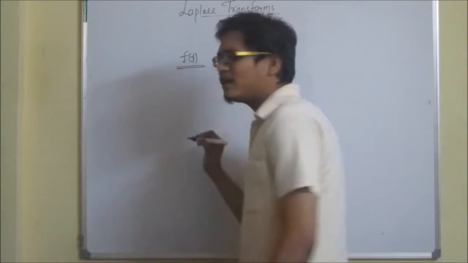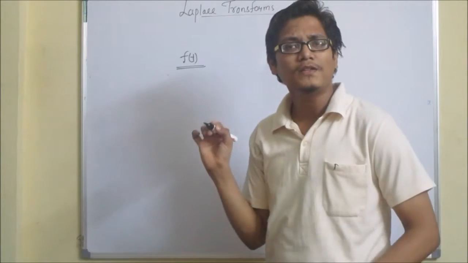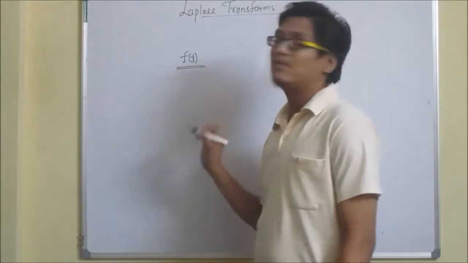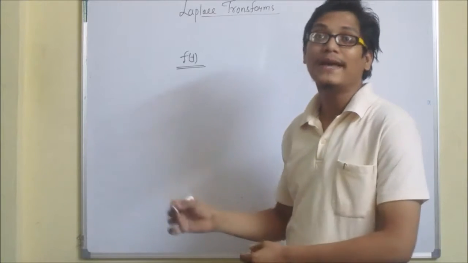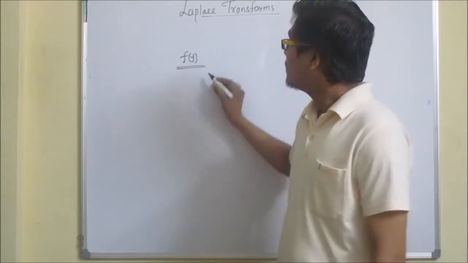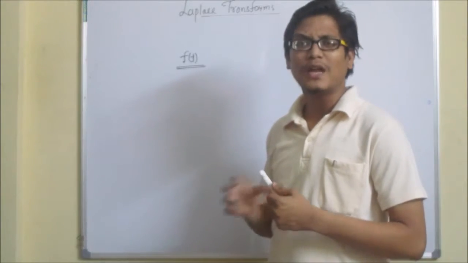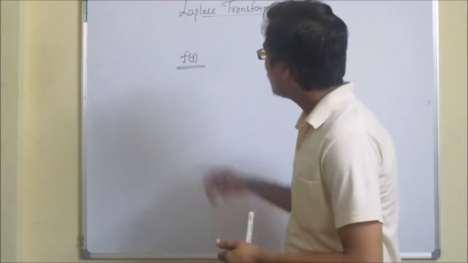Here, f of t, what does it mean? It means the function is dependent on t for its values. That is, it is dependent on time. We denote time by t. The function is dependent on time for its values. We convert this function